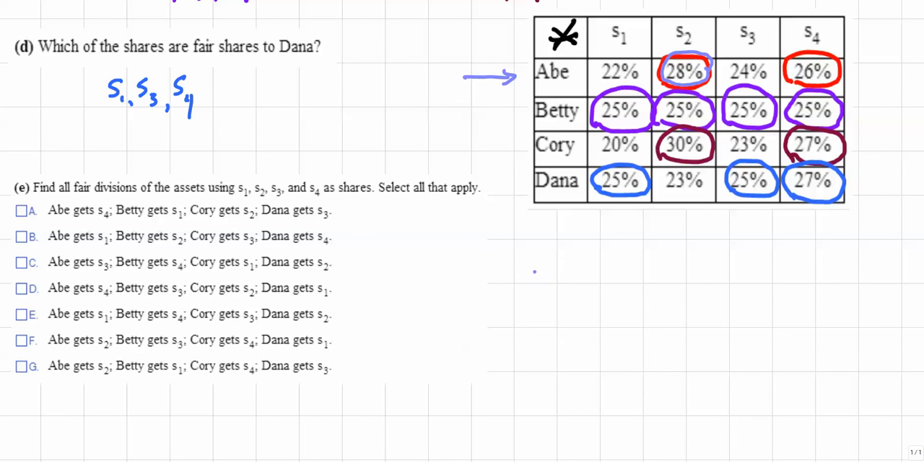So Abe would get S sub 2. And if that's the case, then we need to look at what we can assign for Betty. Well, that means that she could get S sub 1, S sub 3, or S sub 4, because in this particular case, S sub 2 is gone. So if we assign, let's say, S sub 1 for Betty,